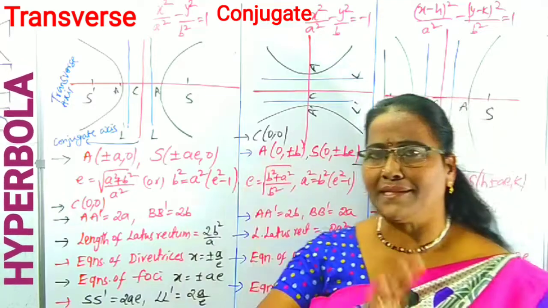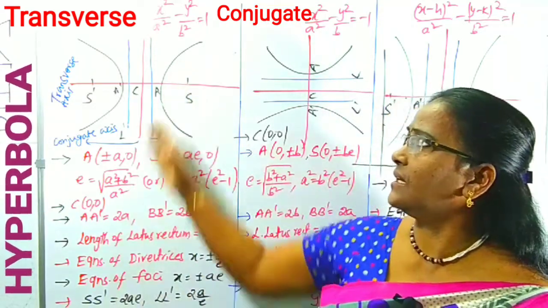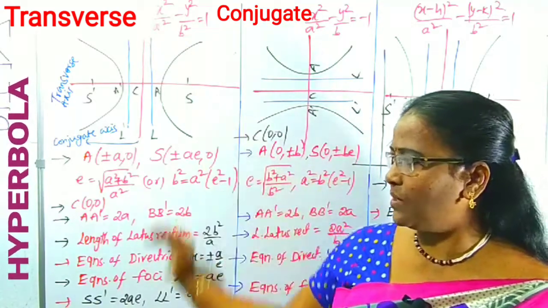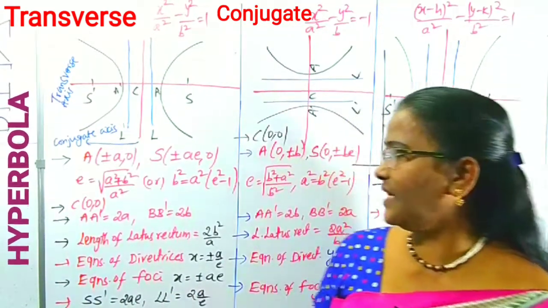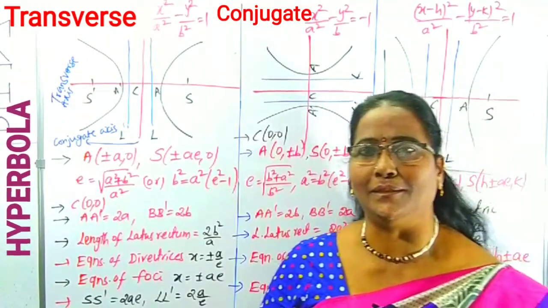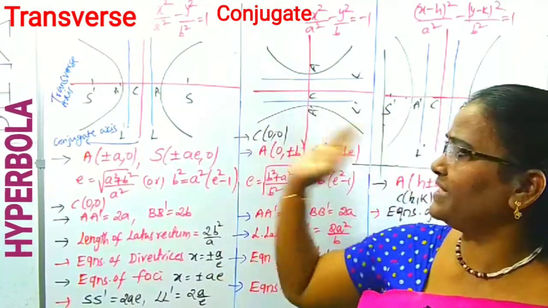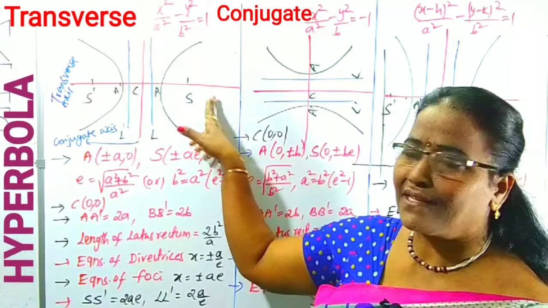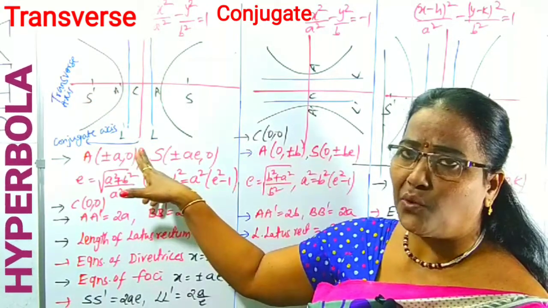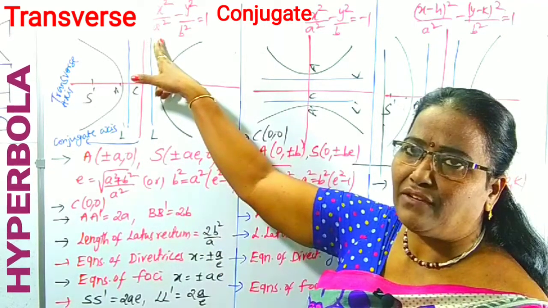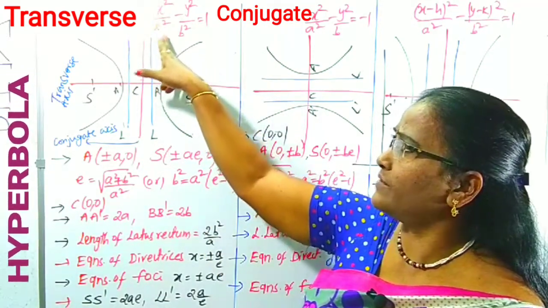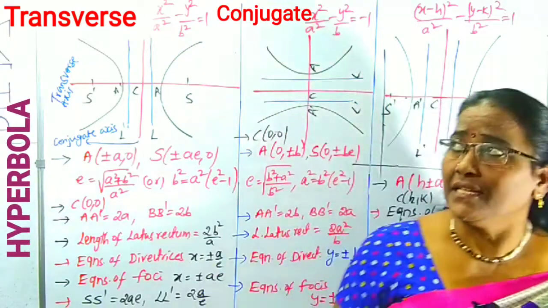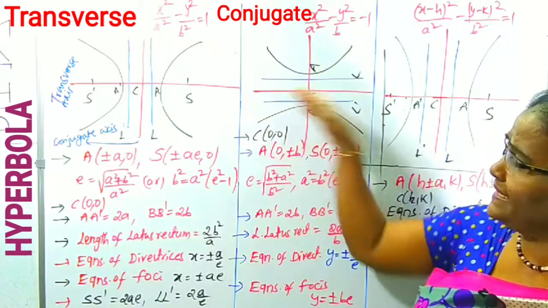These are major tips related to the transverse hyperbola, so you have to know them first of all. Now we can come to the second figure. From this figure we can observe that the transverse axis is along the x-axis and the conjugate axis along the y-axis, as well as the equation of standard form x square by a square minus y square by b square is equal to 1. But in this case, those two will be interchanged.